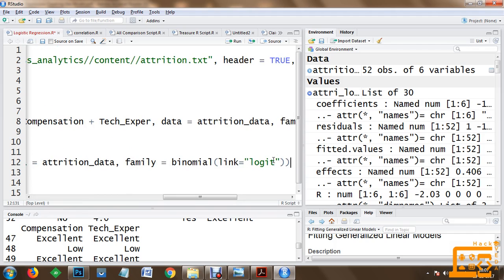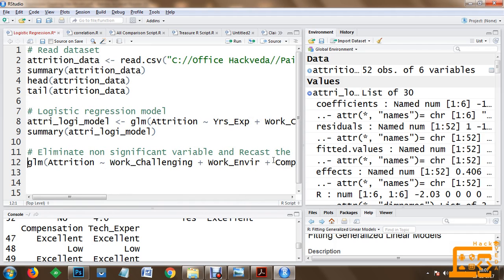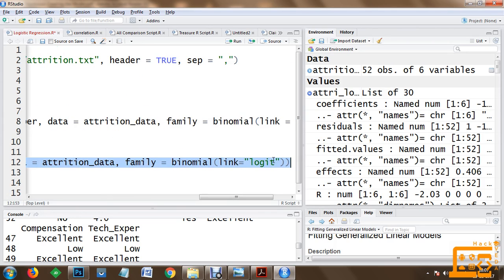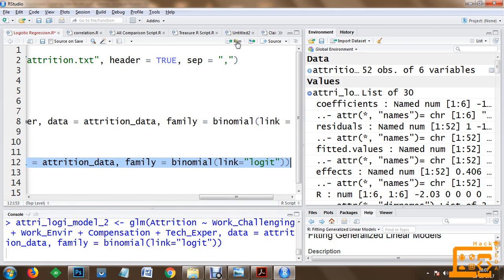So now once this information has been created, we are going to regenerate the model, or let's call it as recast attri logi model 2. So we are going to store the information into model 2.